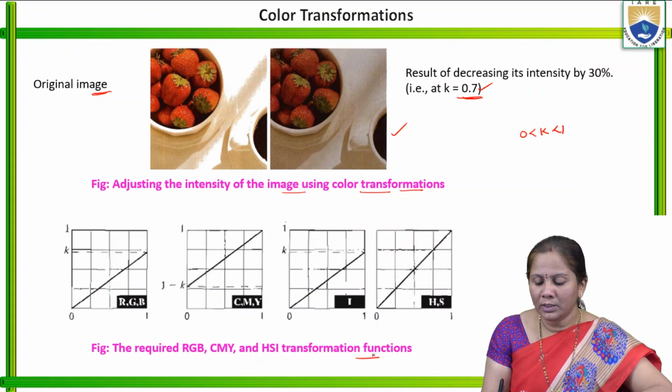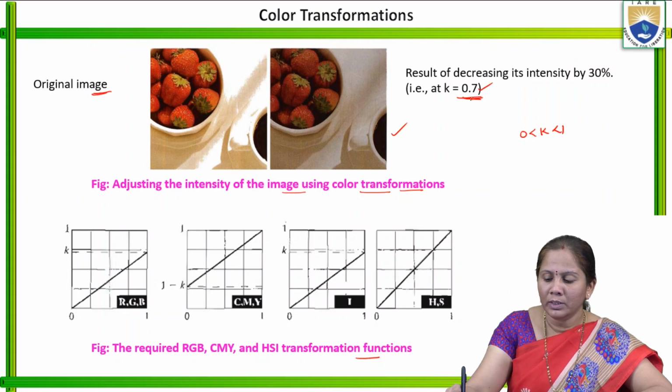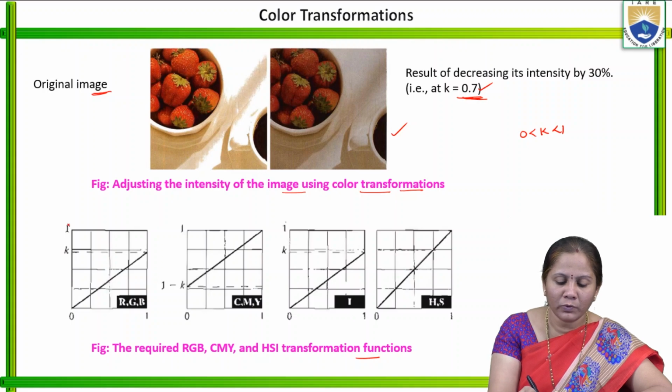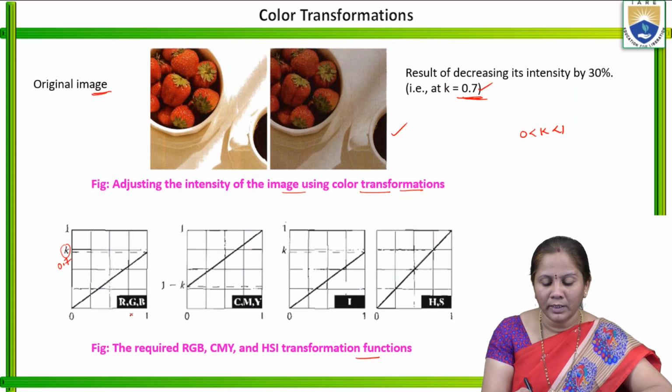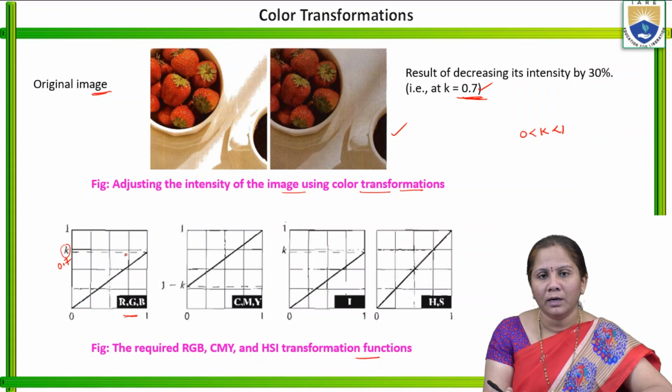Now, these are the transformation representations of different color models. Here the K value is taken as 0.7. K ranges from 0 to 1, and here the K value is at 0.7 in RGB. So we can modify the intensity by applying RGB, or CMY, or HSI.